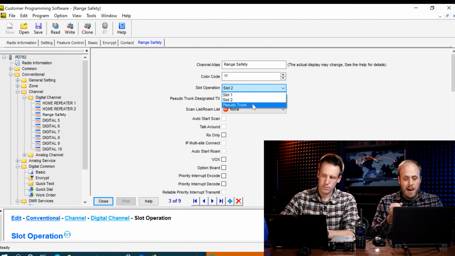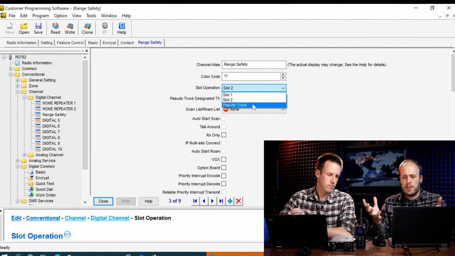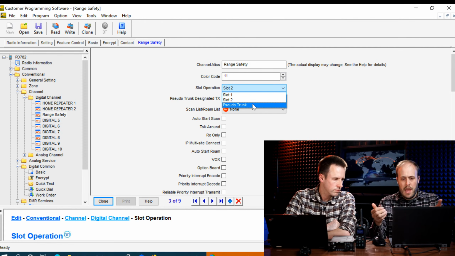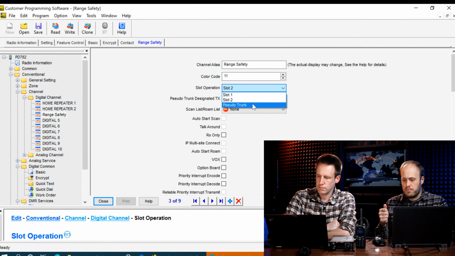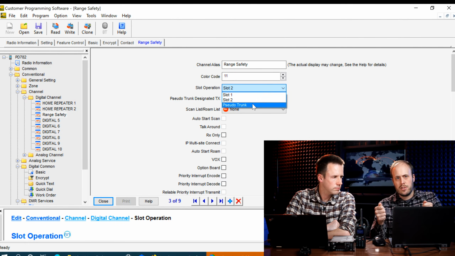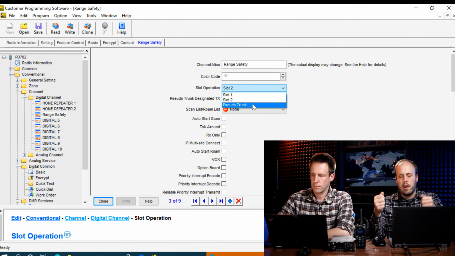And so you might have 10 talk groups on a channel, on a frequency, and you go to talk on talk group 141, and oh, someone's already talking in slot 1, we'll use slot 2. And then a minute later you try to transmit, oh, someone's on slot 2, we'll use slot 1. And it'll automatically do all that very gracefully.